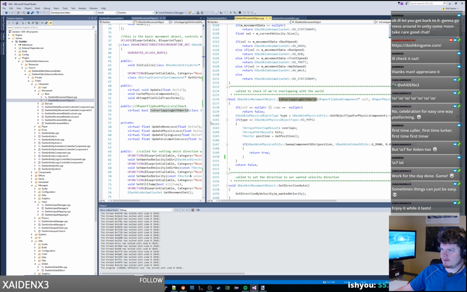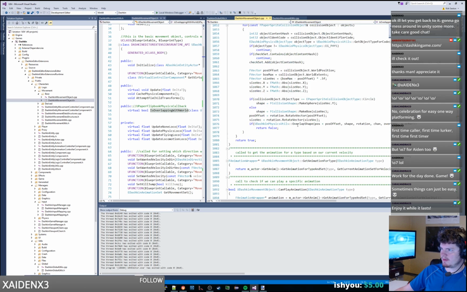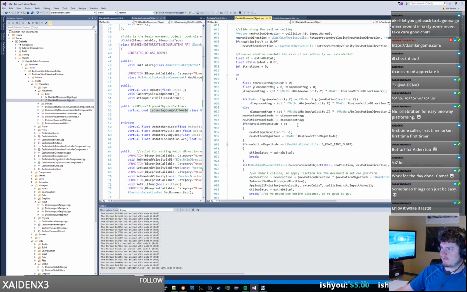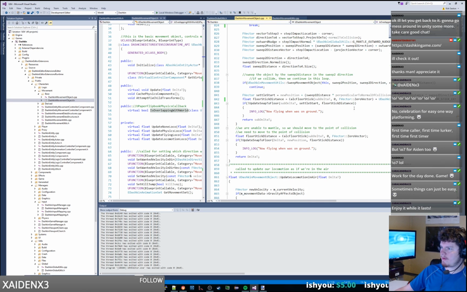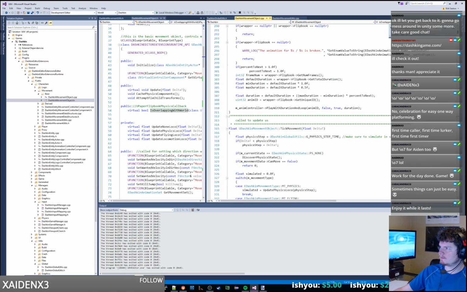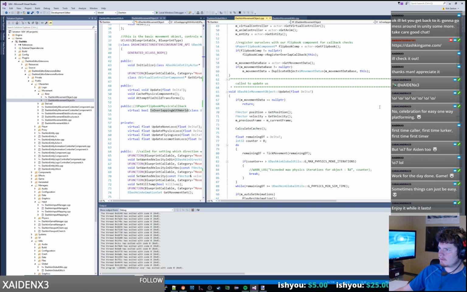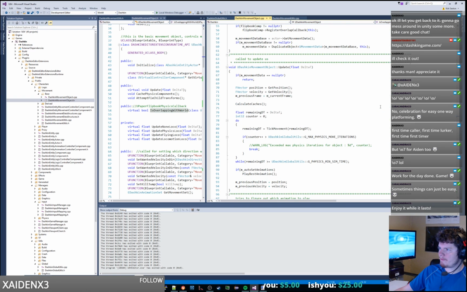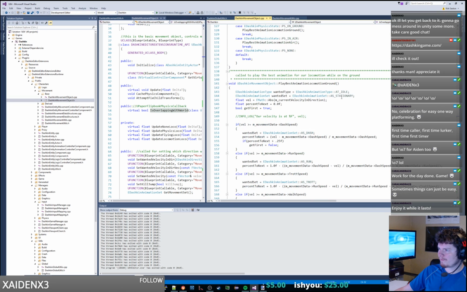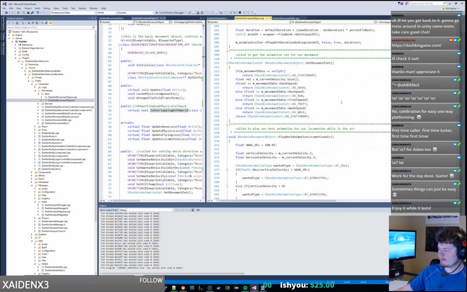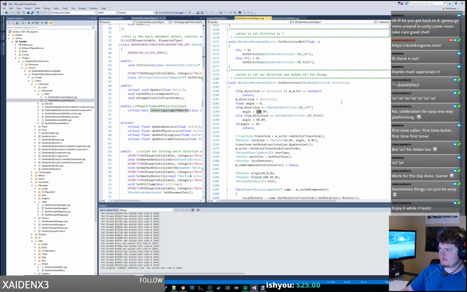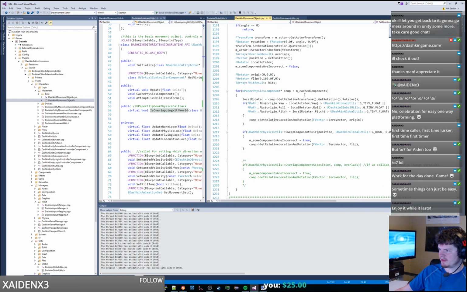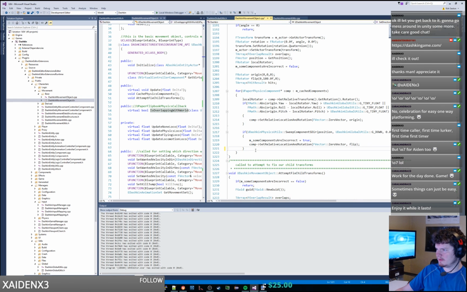It's not overlapping with world, it's got to be something with our transform. So it's the set direction stuff. What we want to do is